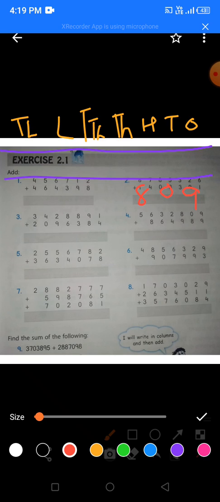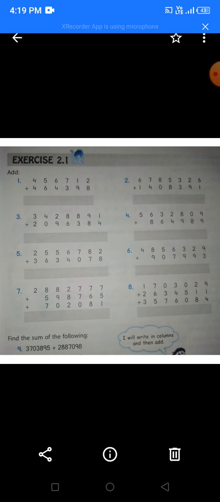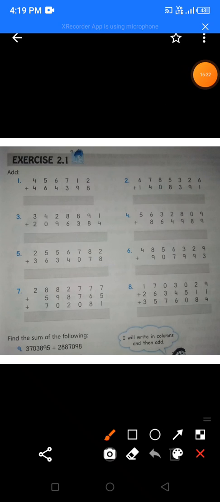908. Again see, this is the wrong way. Now I have to write it again. You just know the way, you will just add it. The number should be one below the other. Okay, this is your number, and then again 8, 6, 4, 9, 8, 9.